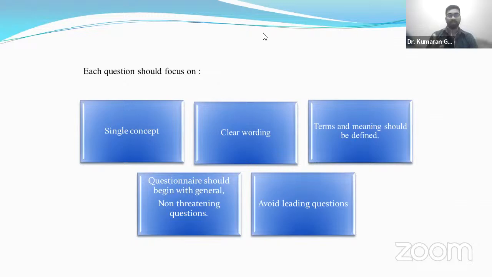Don't do that, and avoid leading questions. Leading questions lead the understanding of the participant or the sample to another dimension or another thought, and don't put double-barreled questions.